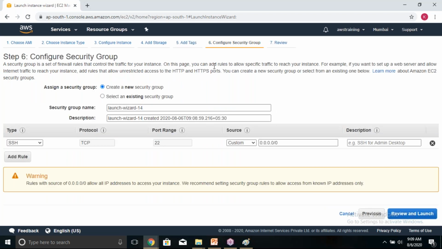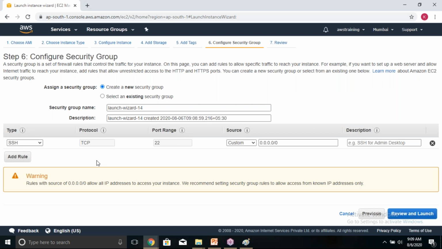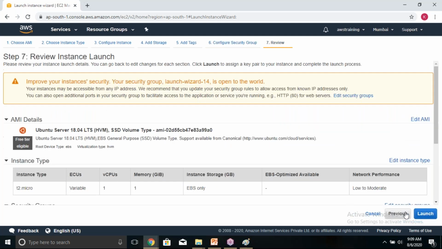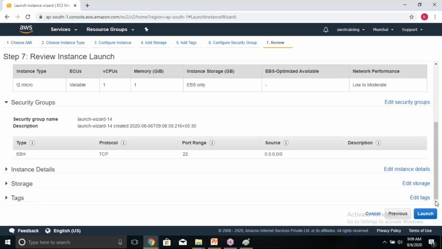Security group. Very important. Security group is all about opening the port. It's not just creating a Linux machine. We need to open the port, isn't it, so that we can successfully connect to that Linux machine. For a Linux machine, we need what port? SSH port. So it automatically prompts you the right port. Take the default ports. Click on next. Review and launch. Review the details. We are creating an Ubuntu server with 1 CPU, 1 GB RAM, and SSH port opened, with 1 instance. Review the details. Click on launch.